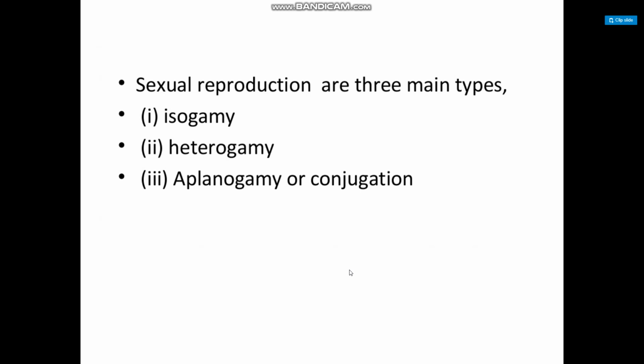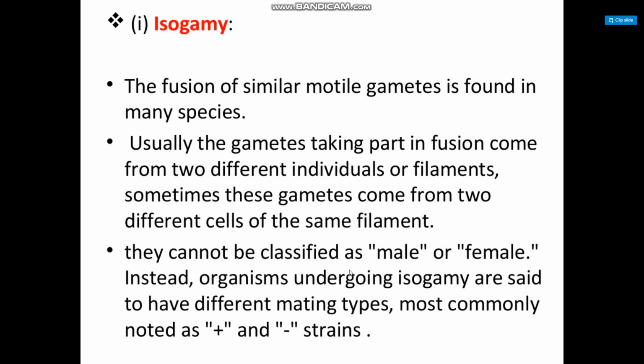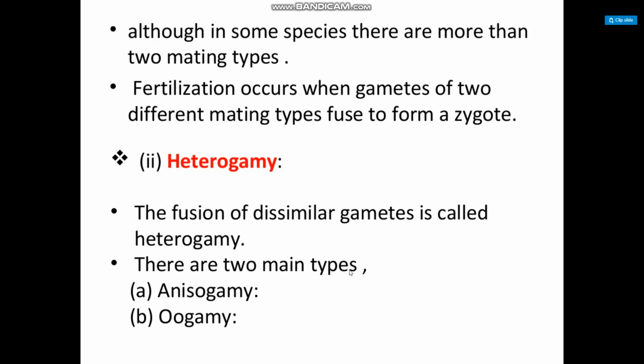Sexual reproduction has three main types: isogamy, heterogamy, and aplanogamy, you can say conjugation. In isogamy, the fusion of similar motile gametes is found in many species. Usually the gametes taking part in fusion come from different individuals or filaments. Sometimes these gametes come from two different cells of the same filament. They cannot be classified as male or female. Instead, organisms undergoing isogamy are said to have different mating types, you can say plus and minus strains. Although in some species there are more than two mating types, the second one